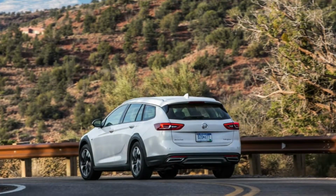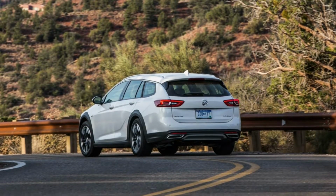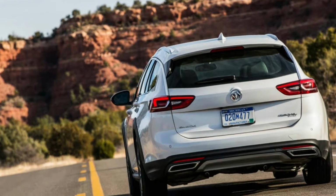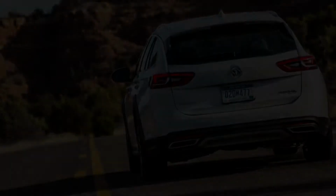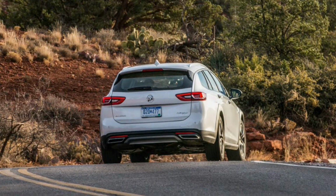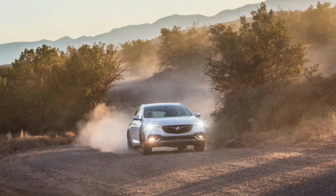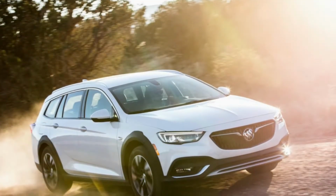And so you can't miss it, this plastic also extends high above the wheel wells, looking as pretentious on the TourX as it does on the similarly dressed Audi A4 Allroad or Volvo V60 Cross Country. Buick reps point to the Audi as a competitor, except that the compact A4 is almost 10 inches shorter and a whole class smaller than the midsize, 196.3-inch Regal wagon. The Audi also is considerably more expensive, with a snob-appeal-inflated starting price in the mid-$40,000 range compared to just